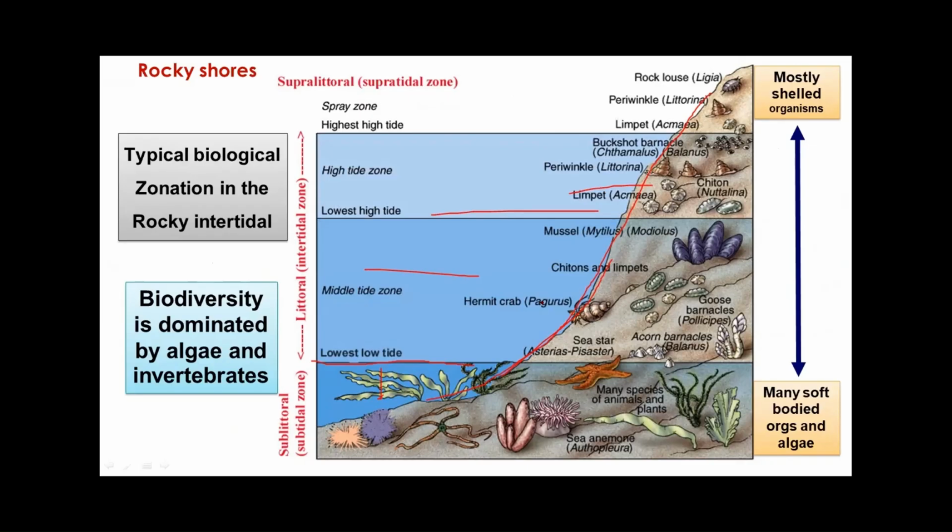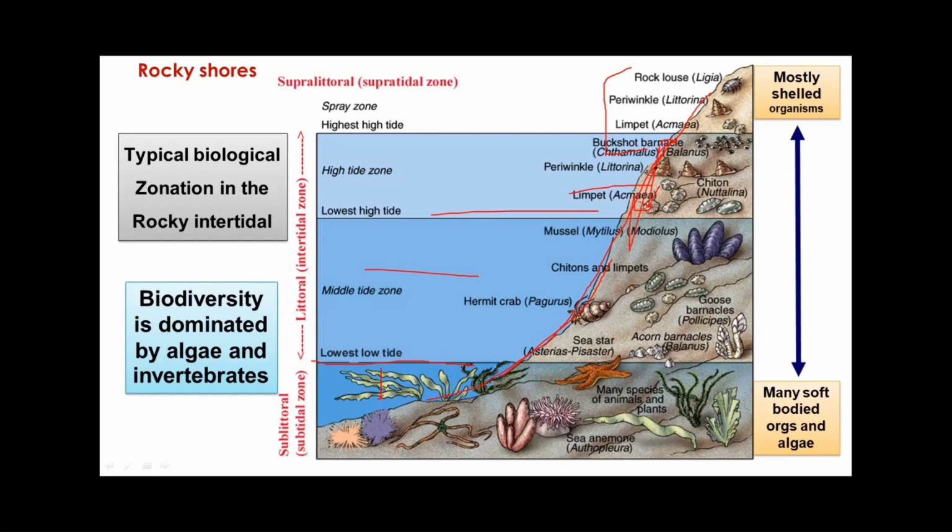Now, you see that the vertical zonation of the marine organisms along the vertical rock in the rocky area is very much prominent. You look that most of the shelled organisms are occupying the spray zone. Spray zone means only the splash of the water is coming in this particular area. Then you have the highest high tide zone, and you have chitons, limpets, and all those organisms in this high tide area, which is most of the time either exposed or vulnerable to several abiotic factors like air, temperature, and